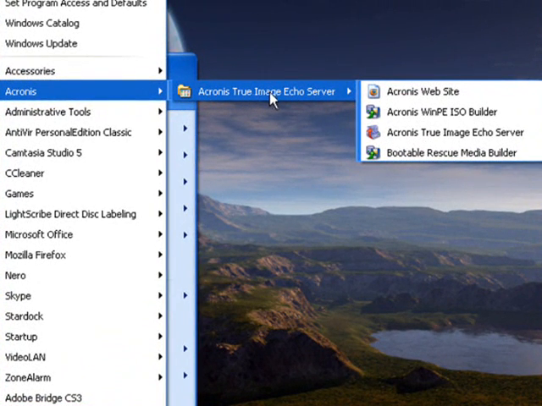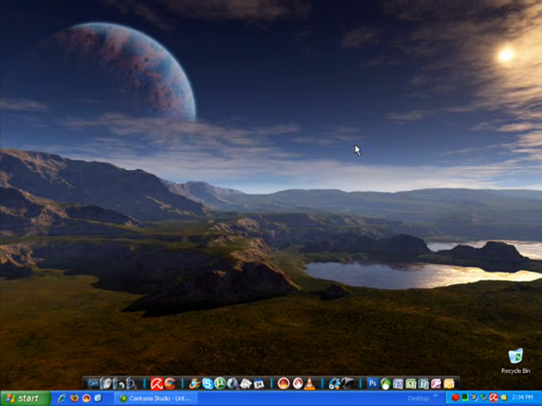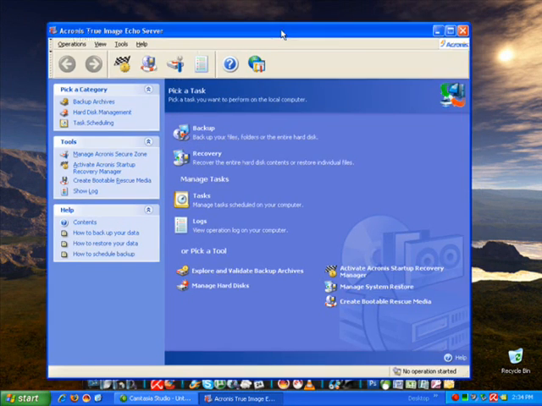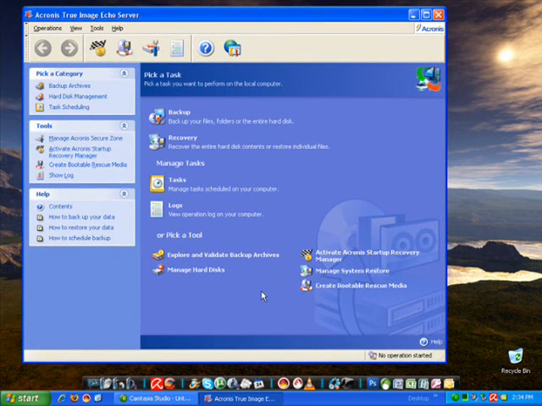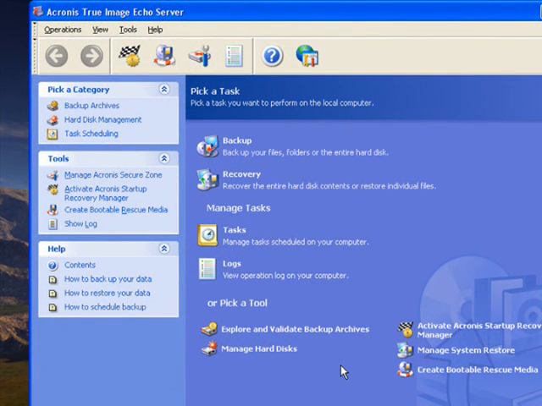And it's inside of the True Echo Server folder. And you click on Acronis Image Echo Server. So this is your backup software, and this software lets you create backup disks that are just like the Dell